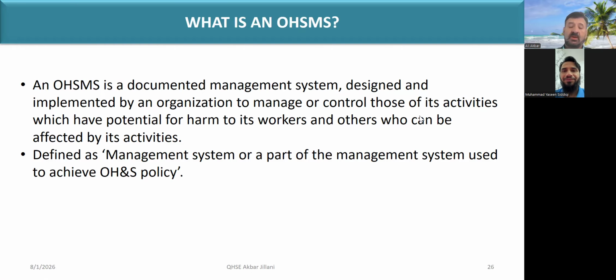This is important. You are not authorized to terminate somebody just because they are not using the PPE. No. Verbal warning, then written warning, then deduction of salary of 1.5 days or 2.5 days. Not more than this. If there is a repeated violation, then you have the right to termination. Yes? Yes, sir. We should follow this. We will not have our own procedure.